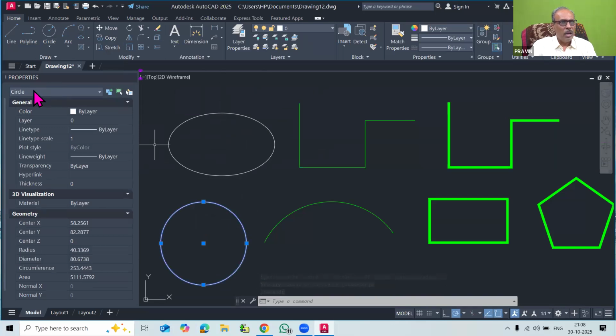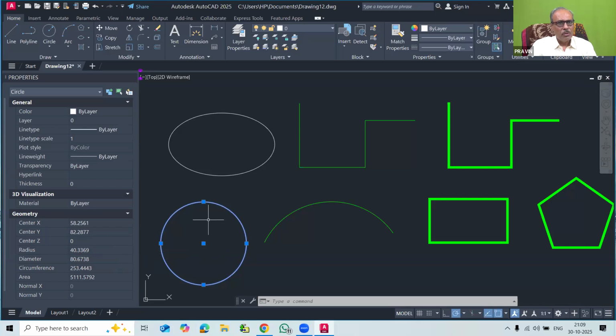This is the circle having a color. You can change the color of the circle similarly, but the important thing is you can see the center point XYZ, the coordinates of the center of the circle, and here there is a radius. You can change the radius from this.